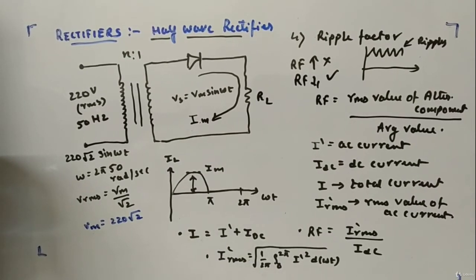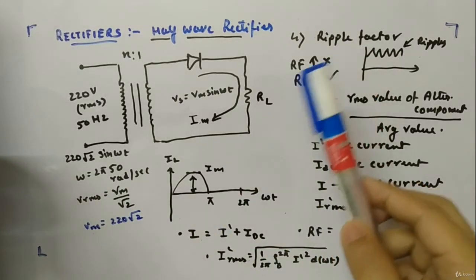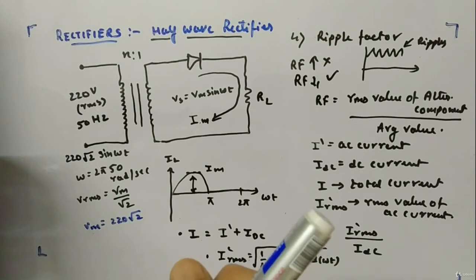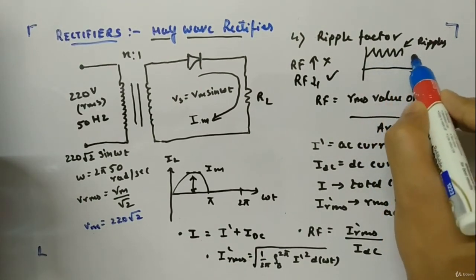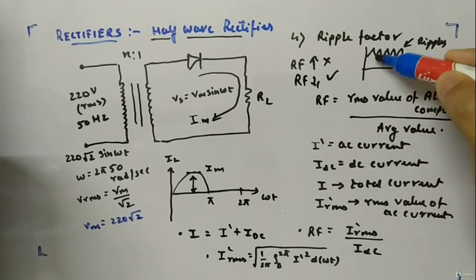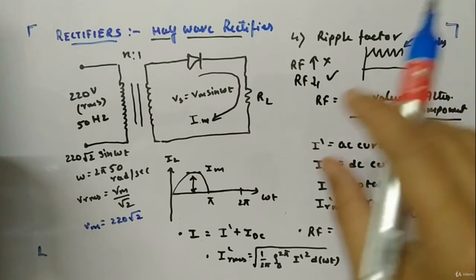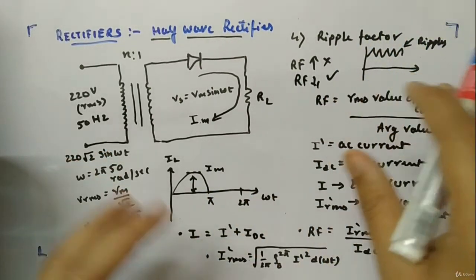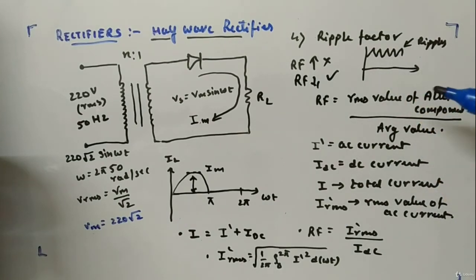Okay, let's look at the quantity ripple factor. So ripple factor is basically the ripples. So you can see this is the kind of signal we saw. So these are called ripples. Okay, we want a flat line, but we get some ripples. Just when you drop a stone in a river or pool, then ripples start to flow, right? That kind of ripple is in our signal, which we don't want.